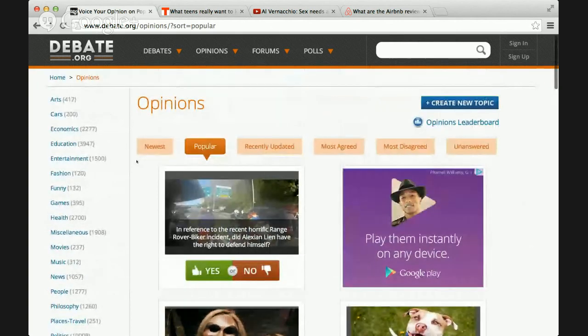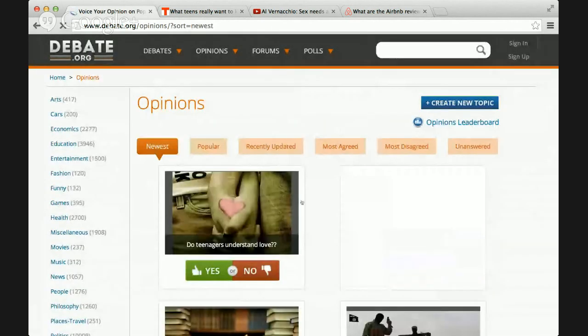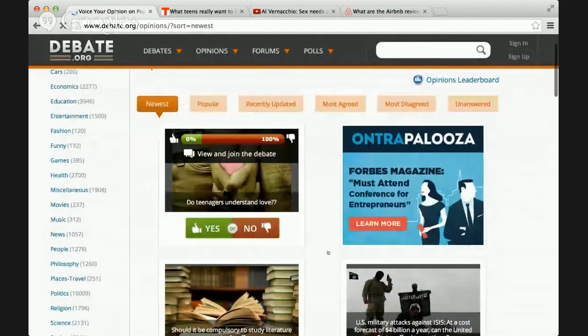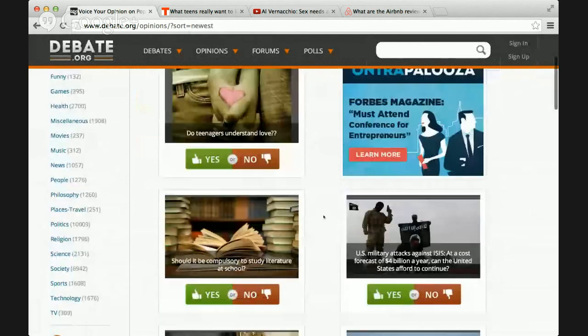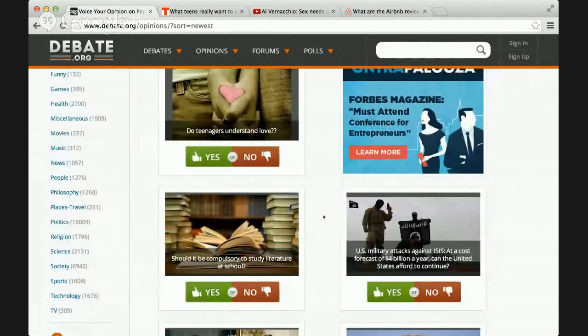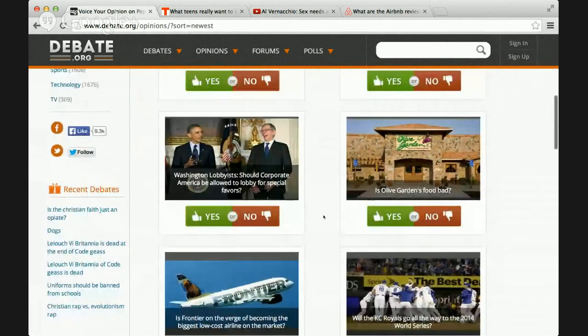You can see over here on the left, there's lots of different topics. And then there's some popular ones, and you can also go to the newest ones. It's just a place where people join the debate and post, I think yes because of this, or I think no because of that. So lots of different types of debates.